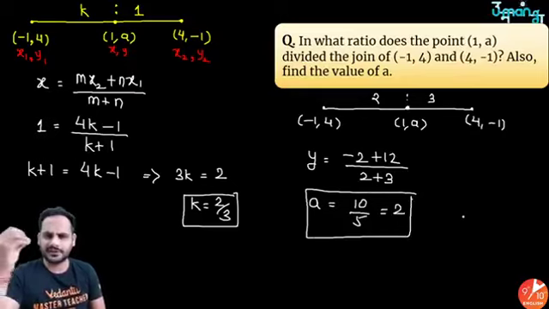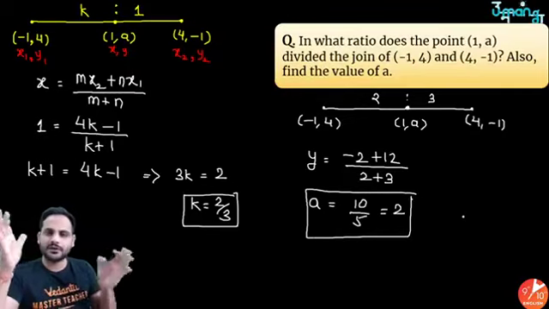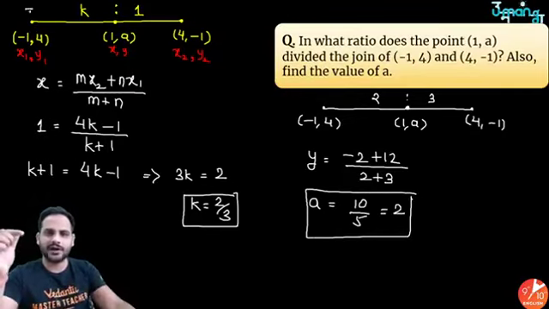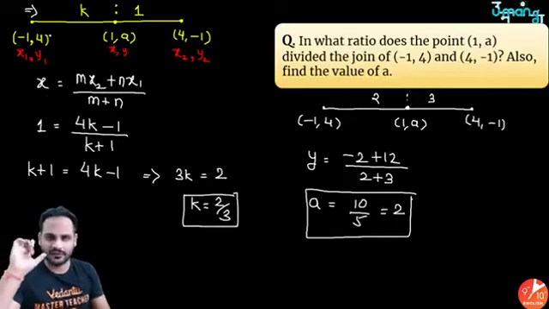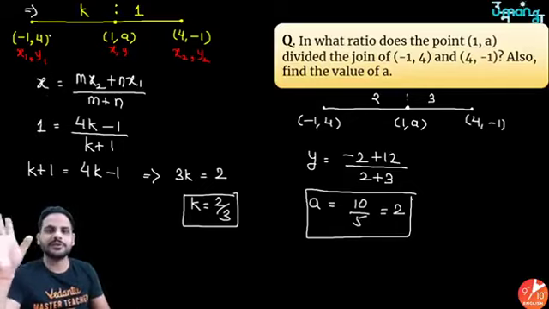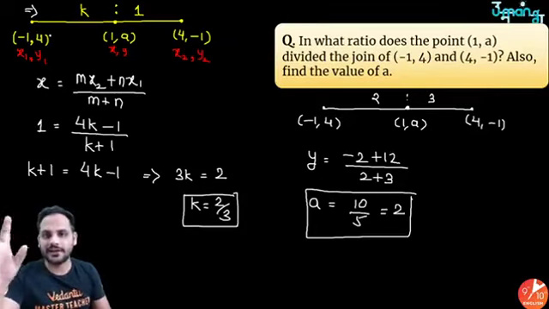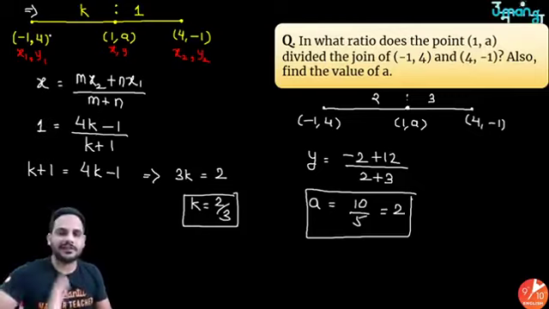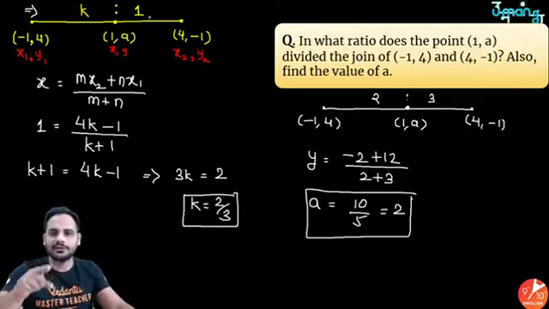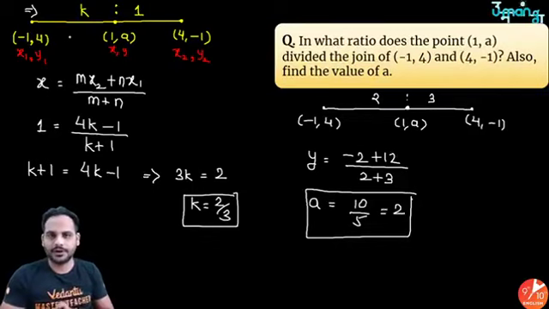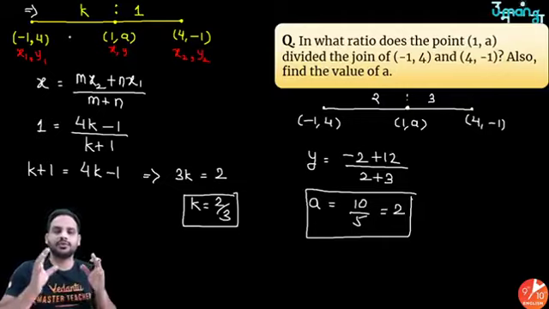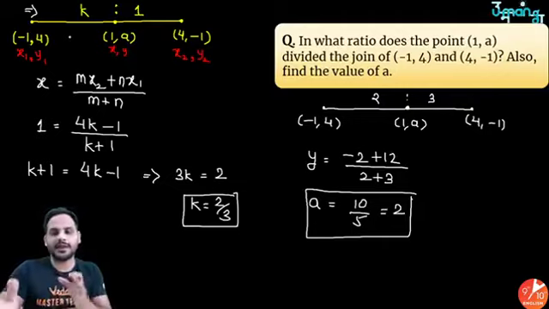Very easy questions, just understand. Also when you are using the section formula, quickly draw one small diagram. Why? Because when you use the formula, you will never face any difficulty. You will never make any silly mistake. The chances of making silly mistakes will be less because you will know k into this, 1 into this, cross multiplication. So in the section formula, try to draw the diagram, just the simple diagram which I am making, that will prohibit you from making any silly mistakes.